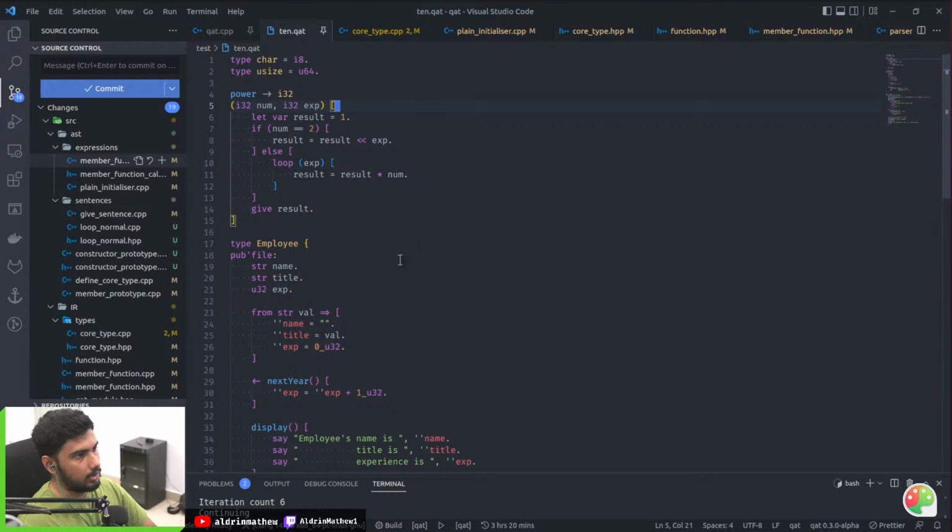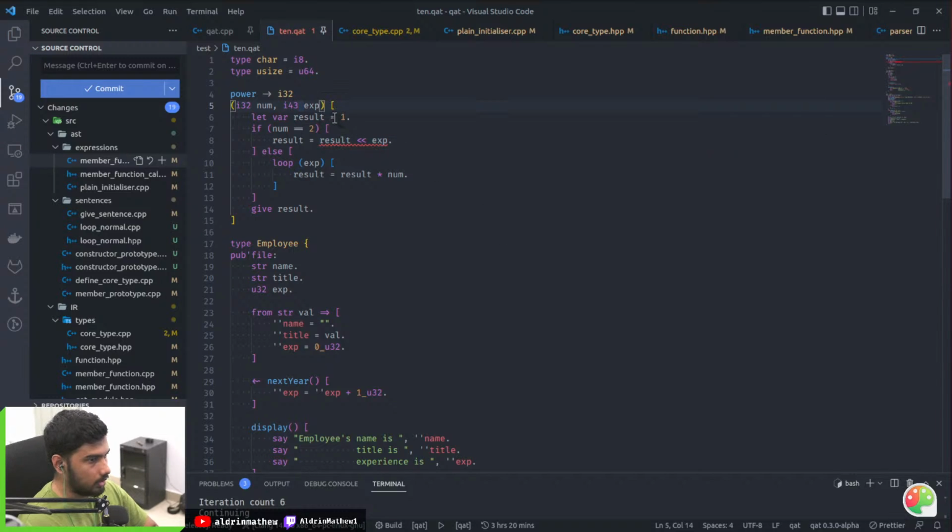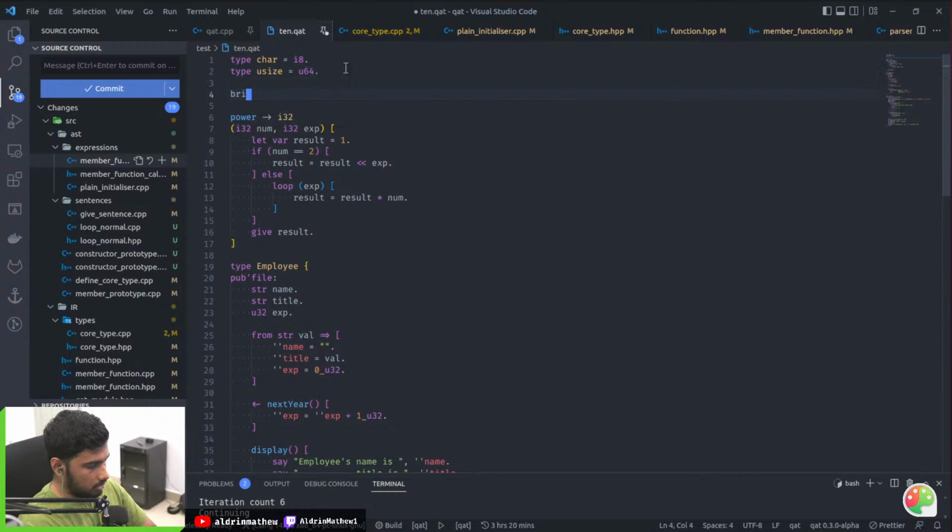By the way, you can have arbitrary bit width integers in Cat. Right now, you can use any bit width. I mean, this will give an error, but you can use it regardless. In the future, this will be changed, so only if you bring those bit widths can you use it.